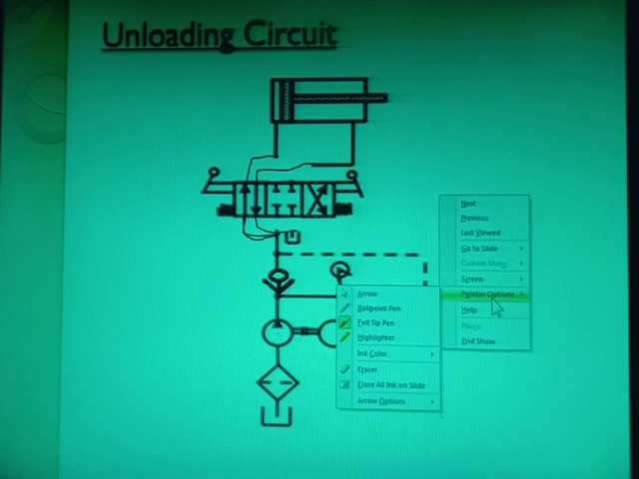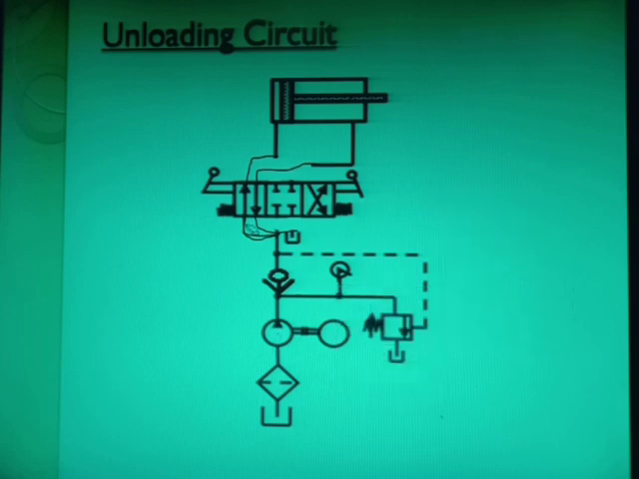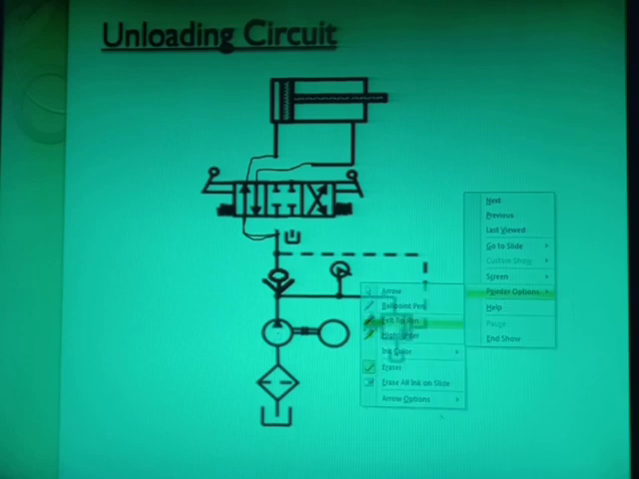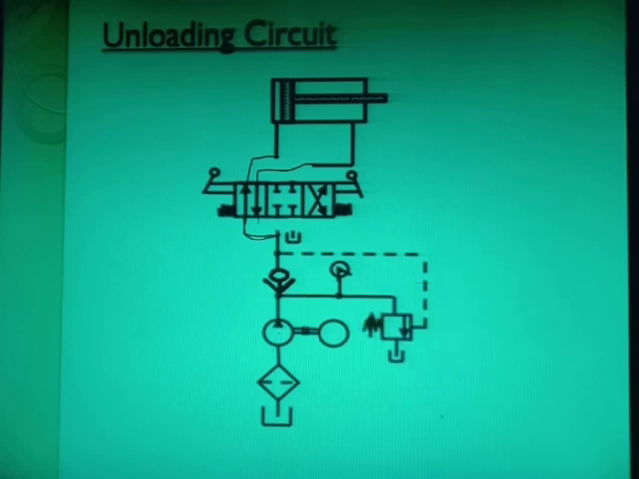This line once again I will draw. So this will be connected to the reservoir. So from here the oil will go to the reservoir here, right? You understand? So P is connected to the A port and the B port of the actuator is connected to the